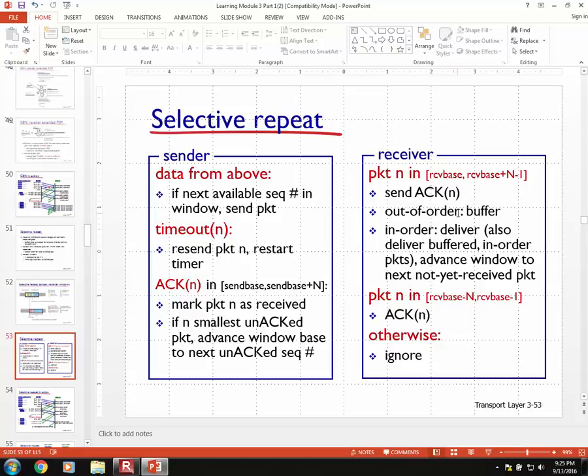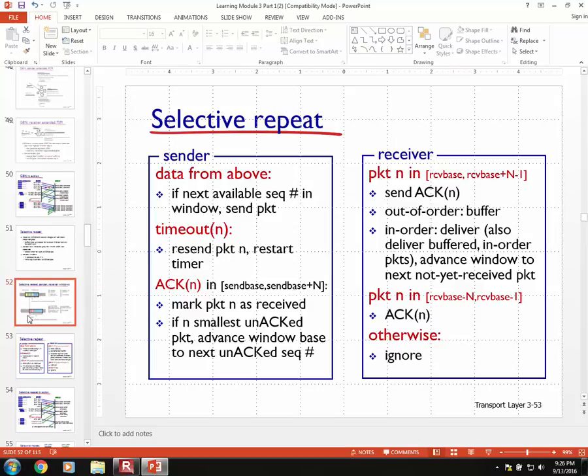If it's out of order, we're going to buffer it because we're going to assume we're going to get the other packets. If it's in order, we're going to deliver it to the application, and we're also going to deliver the buffered in-order packets,